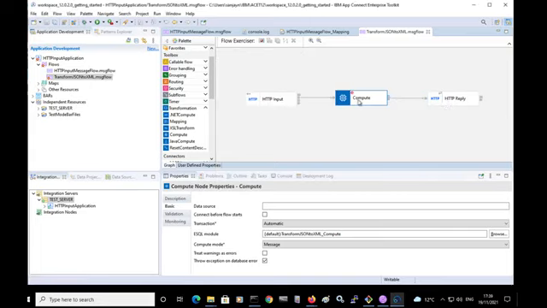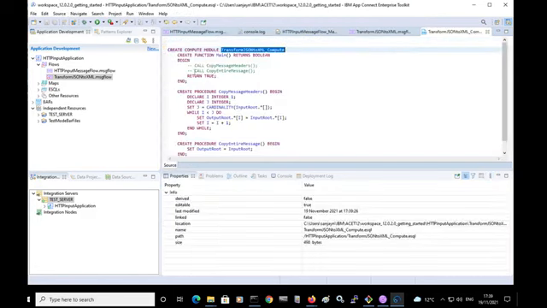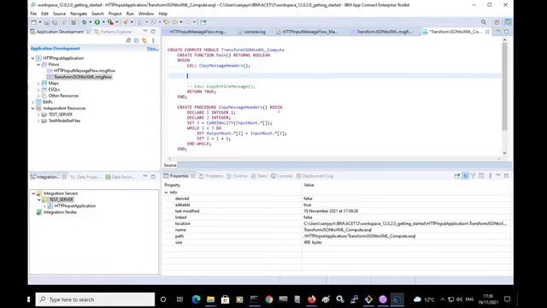There's a red cross showing on the compute node because I haven't configured the compute node yet. So I can do this by double clicking on it, and this will bring up an ESQL editor which I can use to configure the compute node. So I will copy the message headers and then I'll add a single line of ESQL which will construct the output message. So I can do this by typing set output